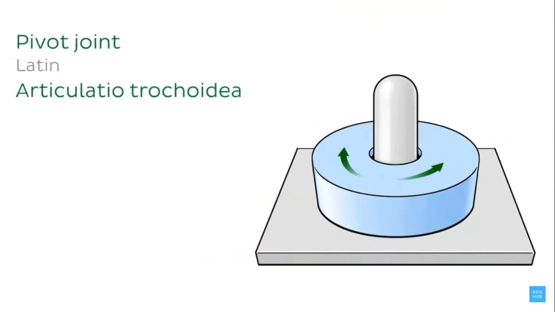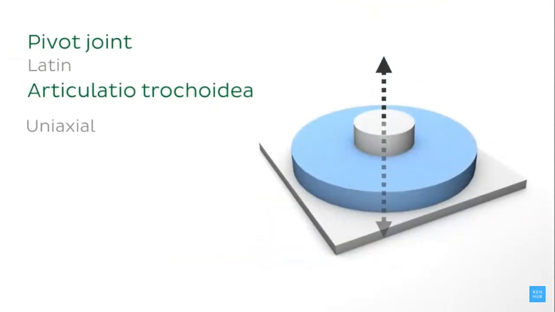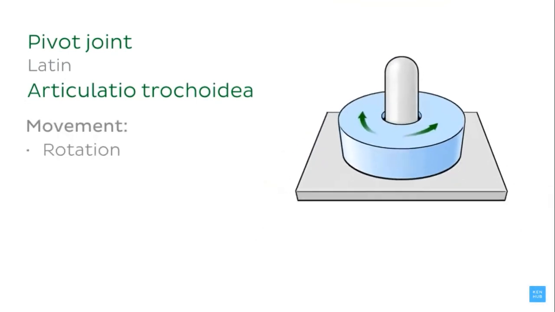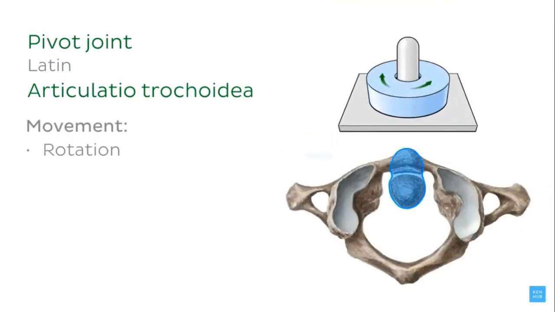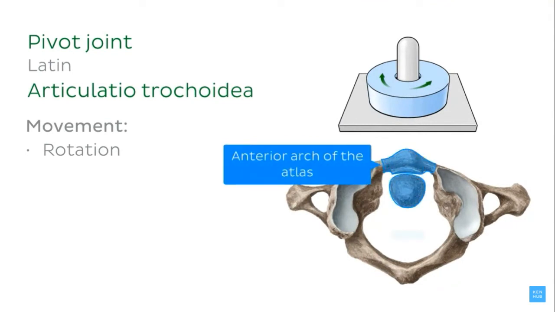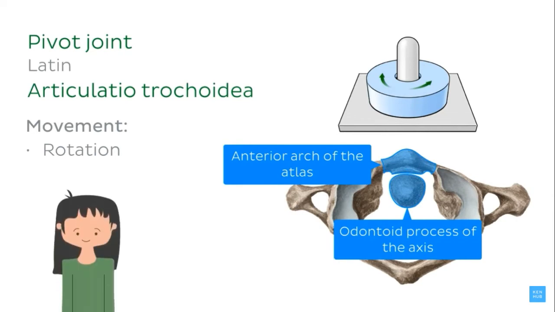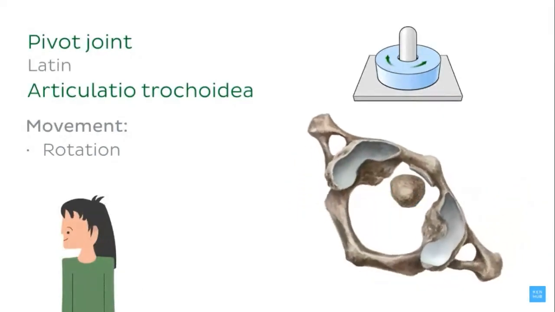Like the hinge joint, the pivot joint is also uniaxial. So pivot joints, also known as rotary joints, allow movement around a single axis, this movement being rotation. The best example of this is the atlantoaxial joint, which occurs between the anterior arch of the atlas and the front of the odontoid process of the axis. The atlantoaxial joint allows us to show